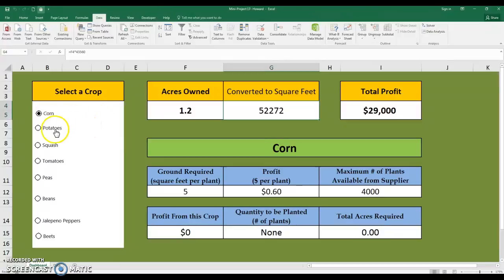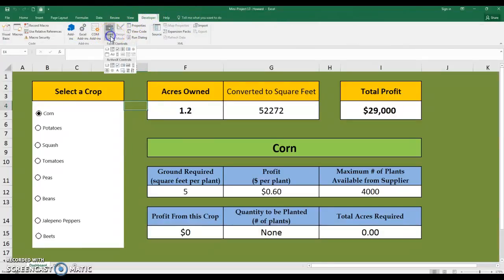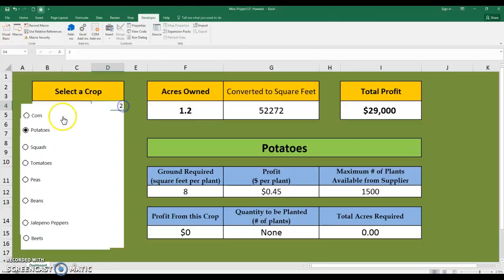It's easiest if you do it one at a time. And so basically you just go here. We'll go up to developer, insert, click on the dot, and then it'll pop up one that's blank. You right click it like so, and then we can change this to say corn, potatoes, and so on. And so for me, my input cell is behind here, just this little number 2, because as you see, as I click down, it'll change it. And so then we'll put that back